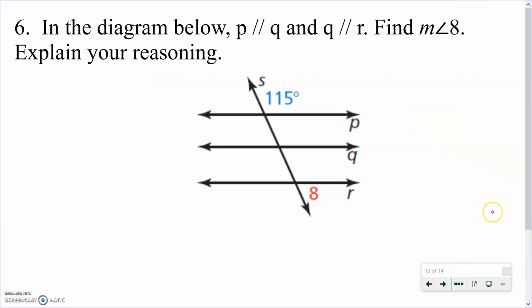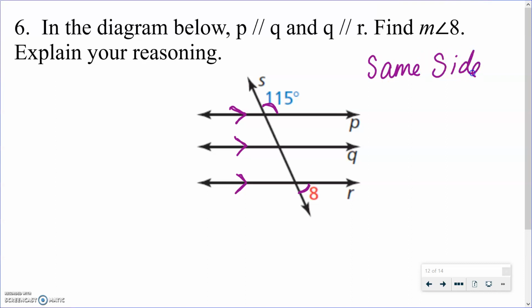All right, so what we're going to do is use that idea to help us find the measure of angle 8. And so the first thing is we see, okay, P and Q are parallel. I'm going to mark that. And then Q and R are parallel, which means we can say R is parallel to P and Q because of the theorem from the last slide. And then we can use that information to say, how are this angle and this angle related? Okay, so since P and R are parallel, those are actually